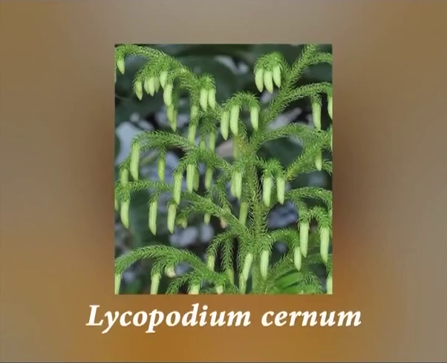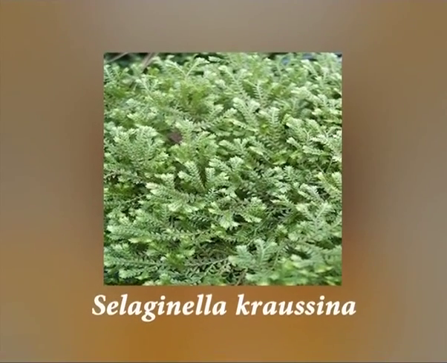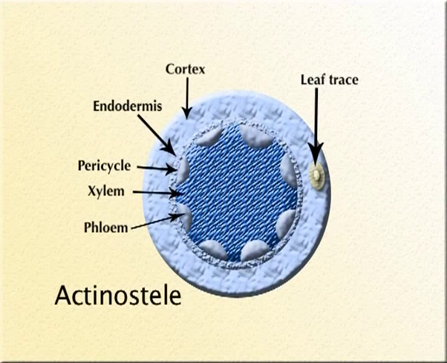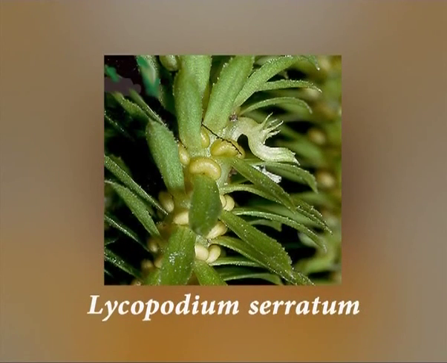It is found in Lycopodium cernuum and Selaginella kraussiana. Actinostele. This type of protostele has a star-shaped xylem core. Here, phloem is present in the form of separate patches, alternating with the projecting parts of xylem. It is found in Lycopodium serratum